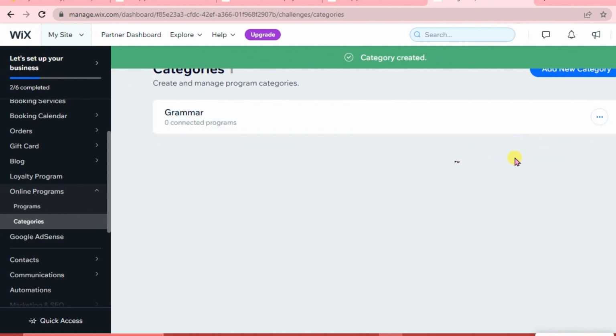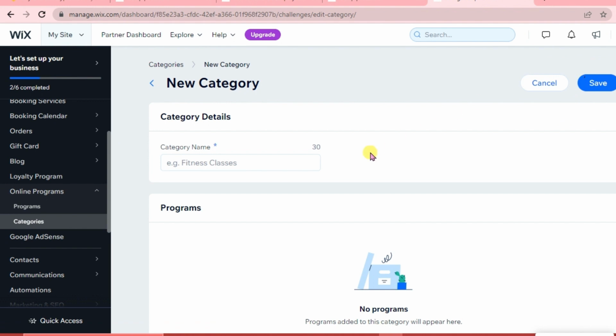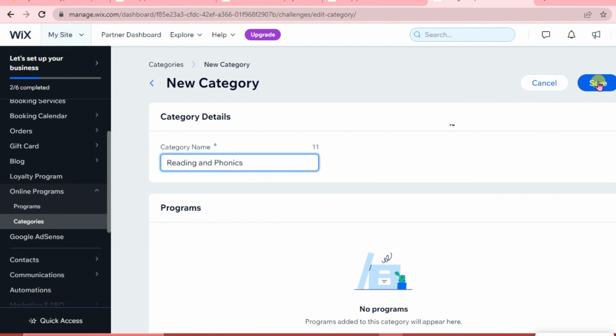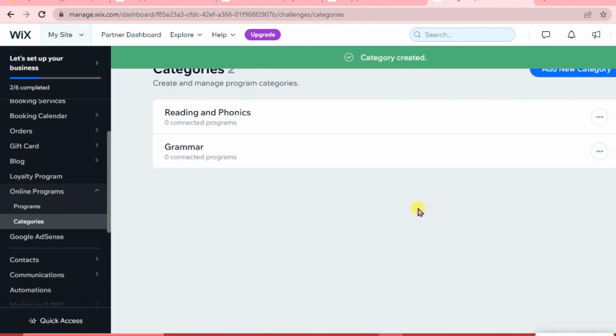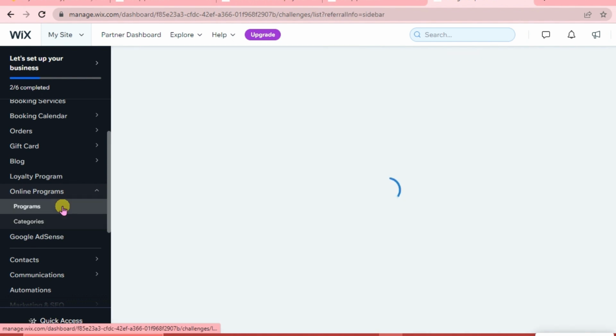And we are going to add another category. So just click Add New Category. And this time it's going to be reading and phonics. So there, we are going to go back to our programs